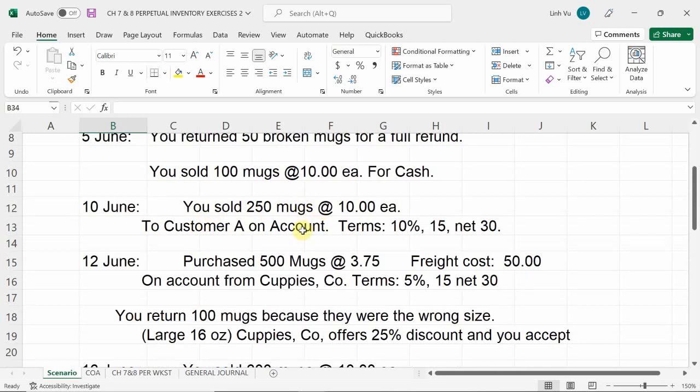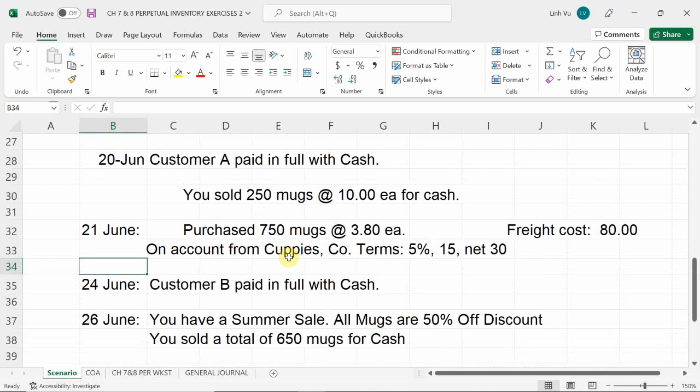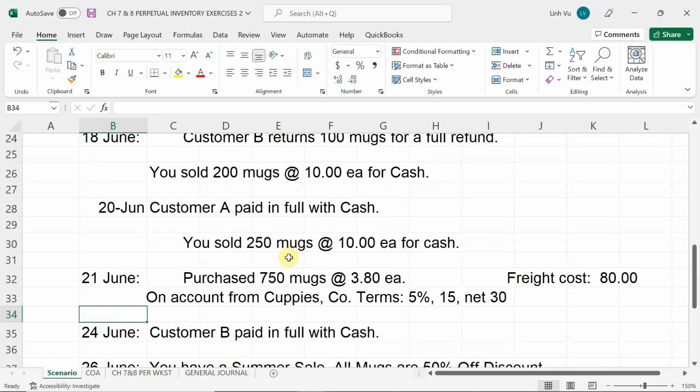So let's take a look at customer A. Since we sold to customer A on June 10, we offered customer A an opportunity to take advantage of a discount. In this case, customer A has 15 days. So 15 days from the 10th is going to be the 25th, right? 10 days is the 20th, plus 5 is the 25th of June. And if customer A is making a payment as of June 20th in cash, that means customer A shall receive